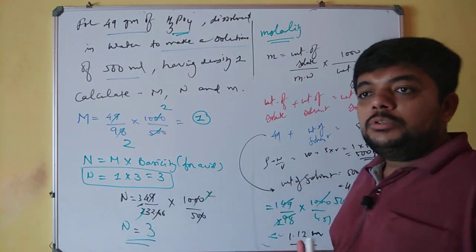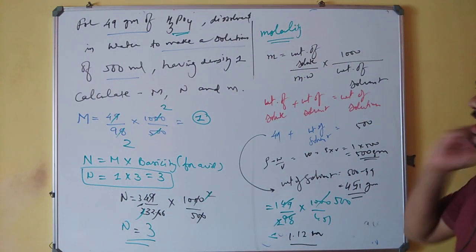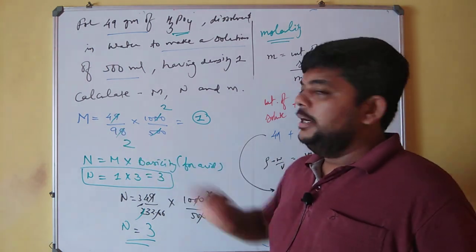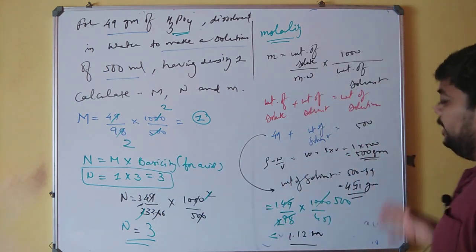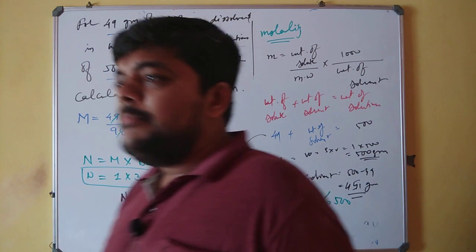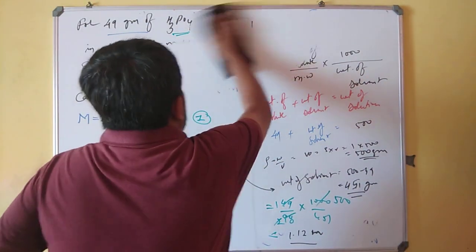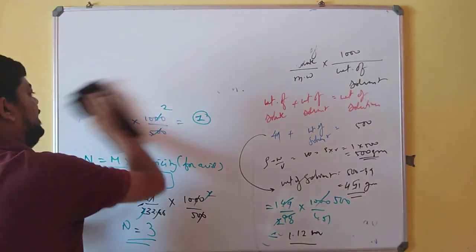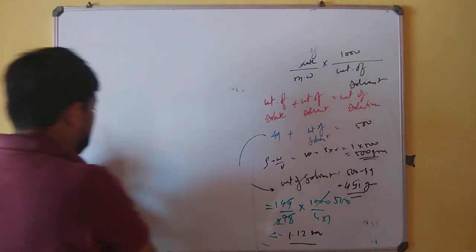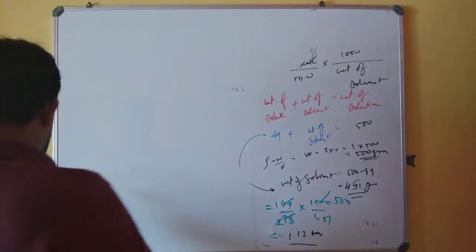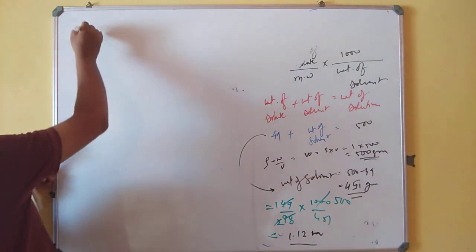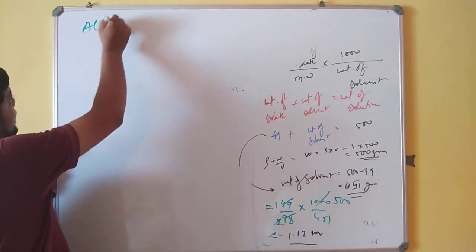So this is the total concept for an acid, whenever you want to find anything, let it be molarity, let it be normality, or let it be molality. Taking the same concept into consideration, let's make a little change, and rather than taking an acid, let us go with a base. Let us see what we end up with when we take a base, a very simple example of aluminum hydroxide.